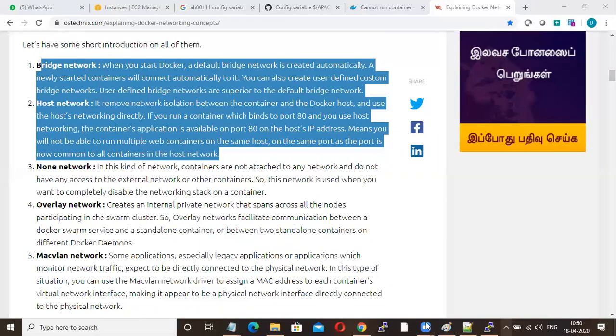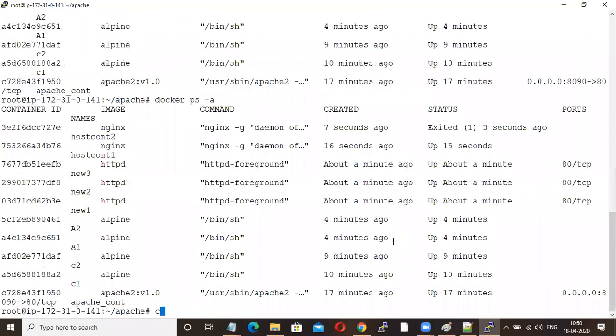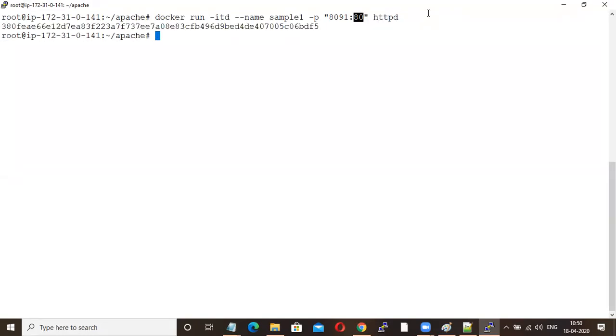See here, okay, you are not understanding my point, I guess. See, Docker run -itd -name sample1, okay, -p 8091:80, and you are giving 80 port here, right? This is the host port, then the container port, then httpd. You are launching it.